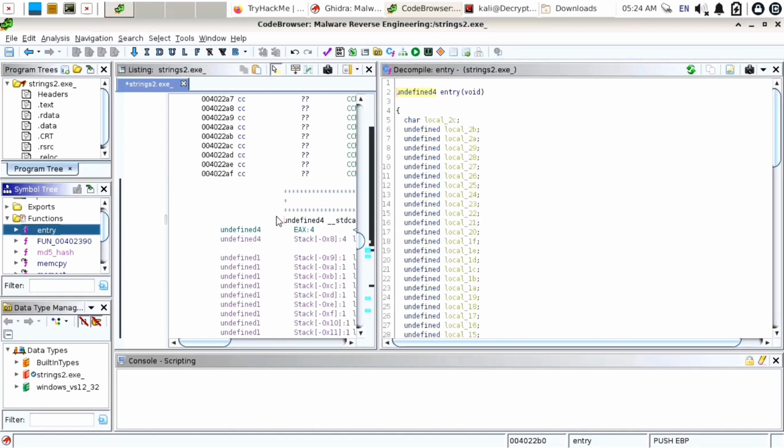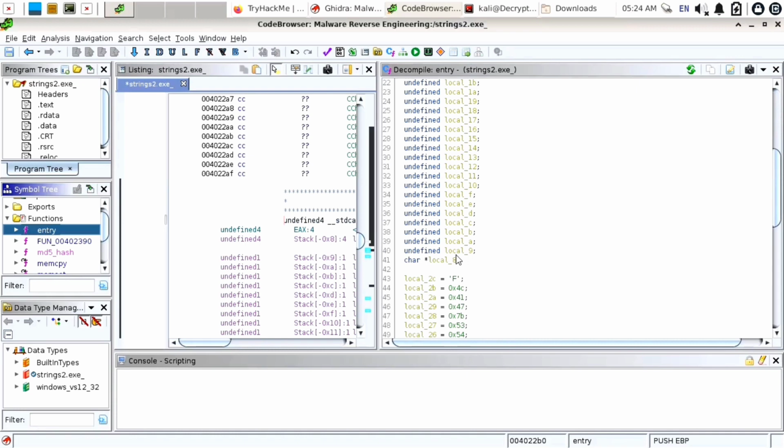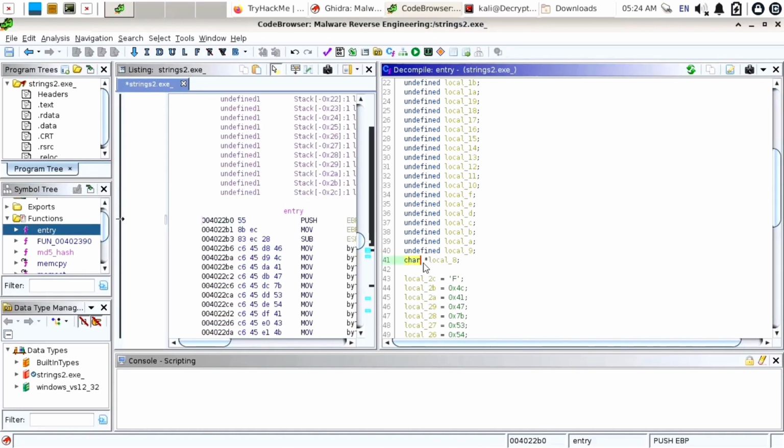Click on entry again. What it is doing is printing an undefined variable, thereafter the character local 2c. It is just taking local 2c's value as a character, and there are multiple undefined variables, which we don't need. And at the end it is multiplying local 8 with the character. Here you can see it has added a star; star means multiply.